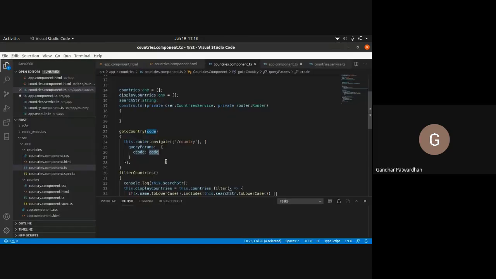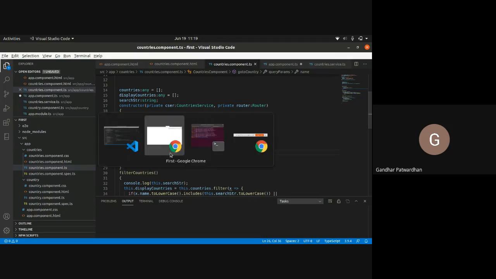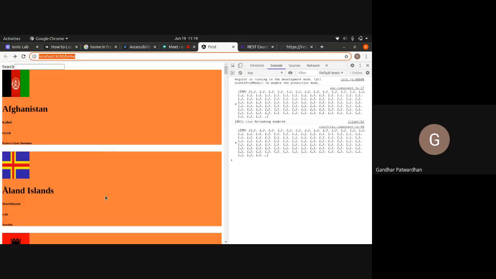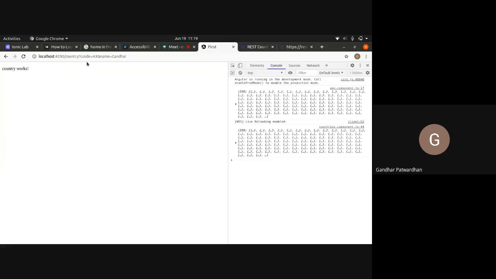So let's say I pass another parameter, name, and I just hard code it to Gandhar, and I click on save. I'll go back and click on this. So I get the country code as AX and I get name as Gandhar. So you can pass multiple parameters in this way, and each parameter is separated by an ampersand. Is it clear?